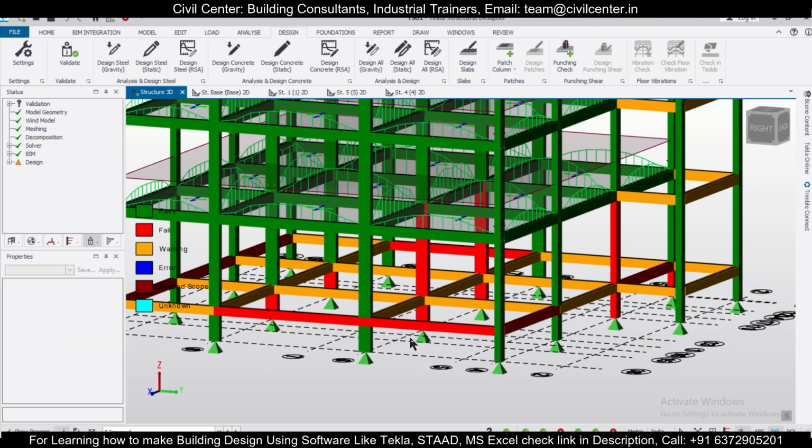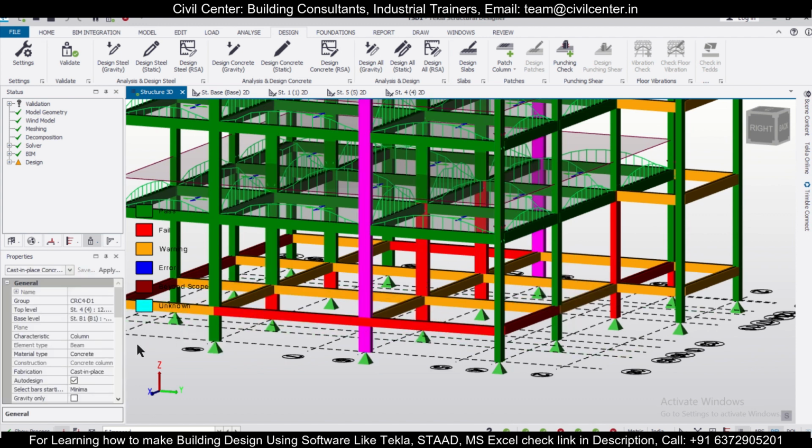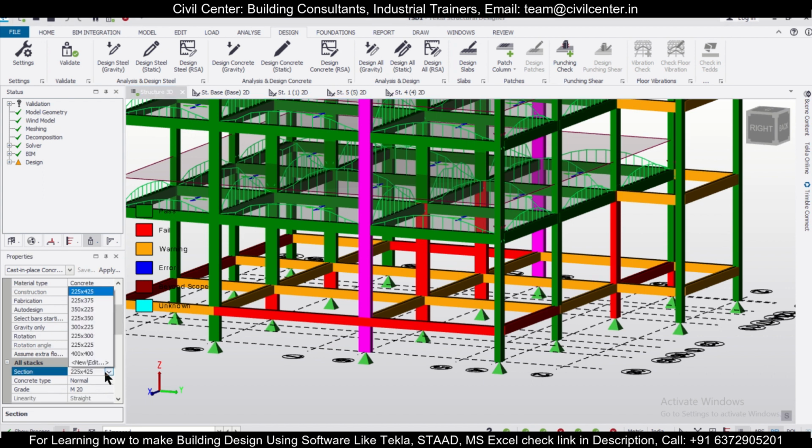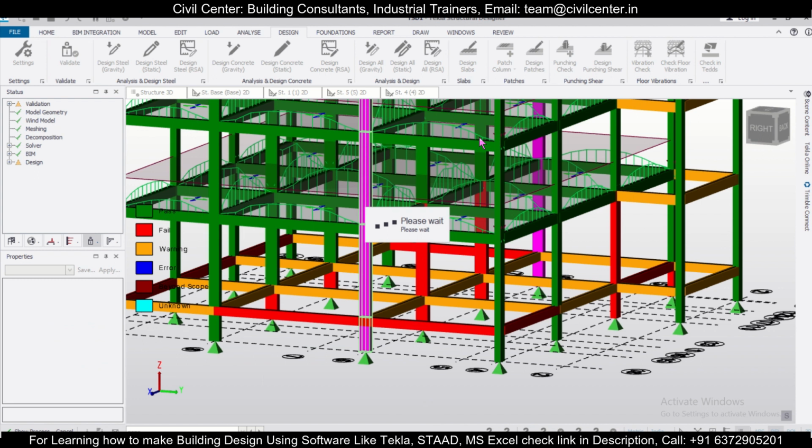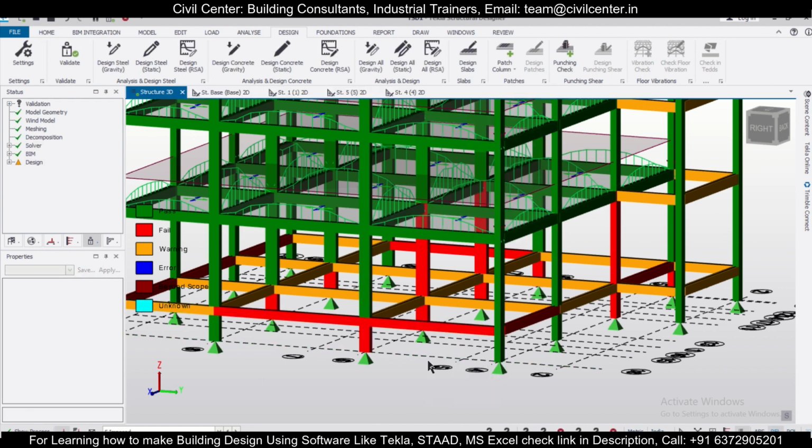So you can do these two as 375, because I think it's not required that much. 375, and then design selection static, design selection static, and then you can check. So these are okay with this. As you can see, 1.05 actually failing.